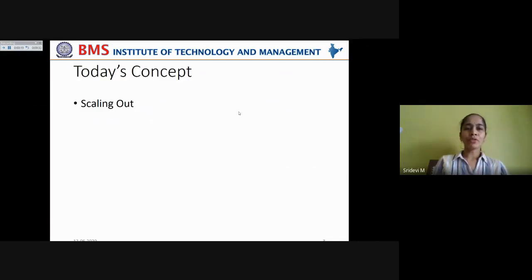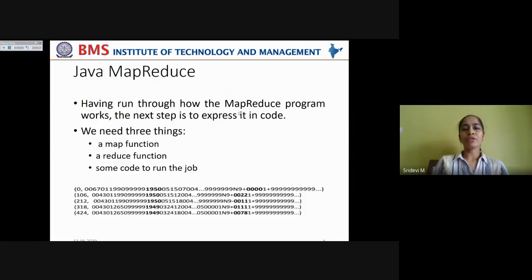Now, if you want to work with multiple jobs on a larger cluster where multiple data nodes will be executing the task simultaneously, in that case, how to perform that scaling out, how you can expand the scope of your operations of processing the data, large volumes of data that we are going to see.